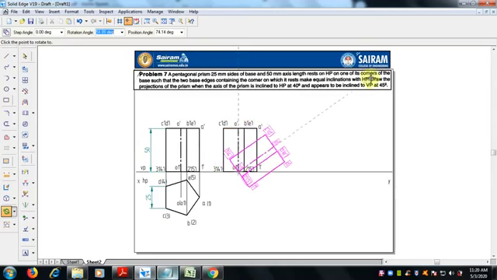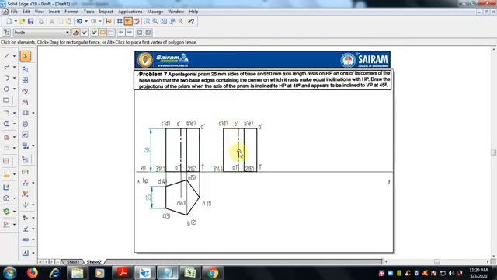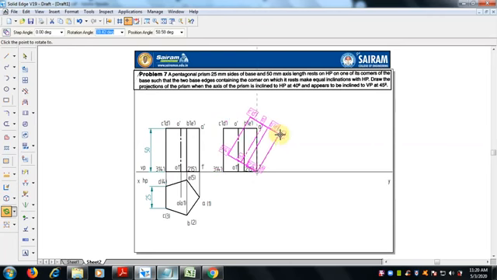The question given is that it is resting on one of the corners, and at the same time the axis should be inclined. So how to make it: this axis and this edge are parallel to each other, so we can rotate by selecting the edge at the corner, one A is the edge now, and this can be rotated at the degree given.